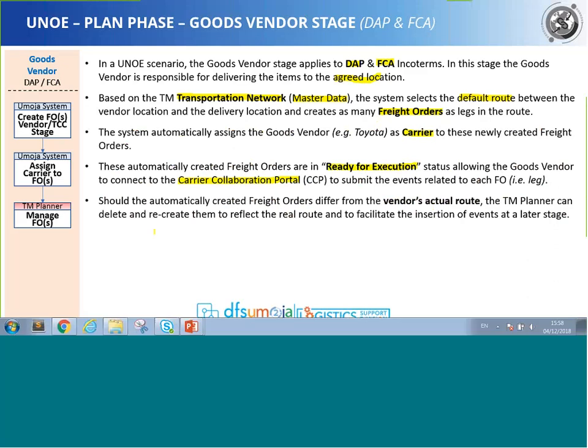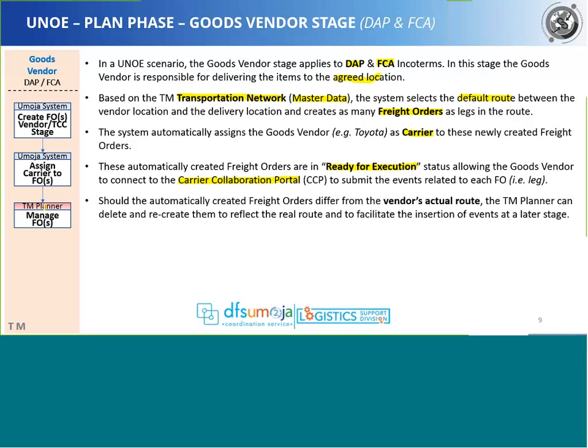As we said before, as a TM planner, we still have the option to modify the default route, and we can go and recreate the routing and specify, for example, a different transportation route. Okay, in case we want to reflect the real route, so that the goods vendor can indicate the events and the attachments for the actual route. Okay,